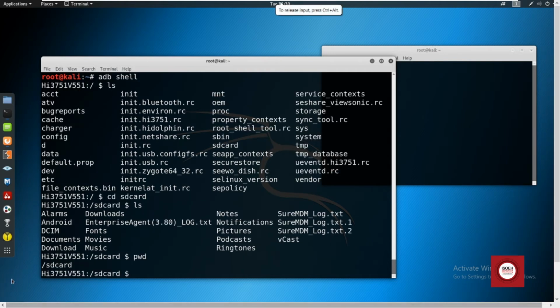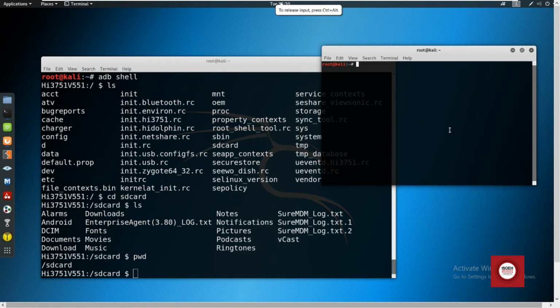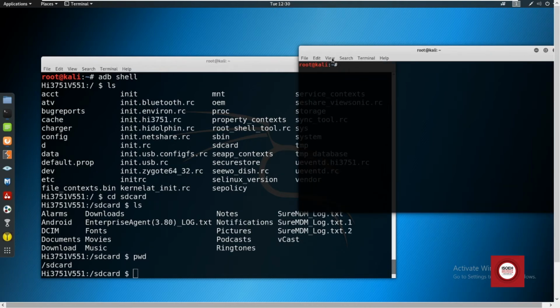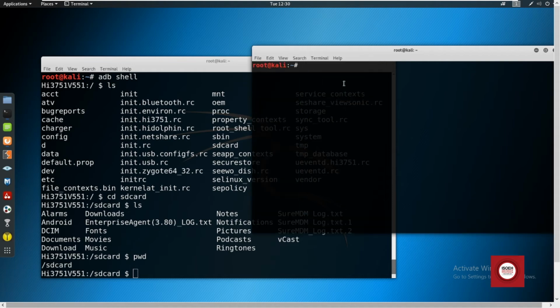The path is directly /sdcard. For downloading, the command is adb pull, and then you pass the address /sdcard. Because ADB is connected to this device, you can directly pass the path. You don't need to provide the IP address because it's already connected.